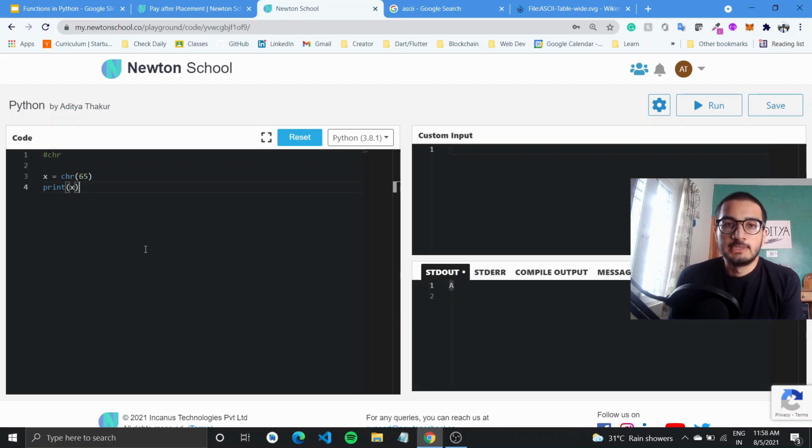Okay, so the last function that I want to take up is called divmod, and you can type in divmod, and let me just show you real quick how it works.